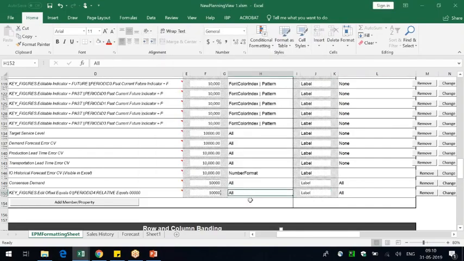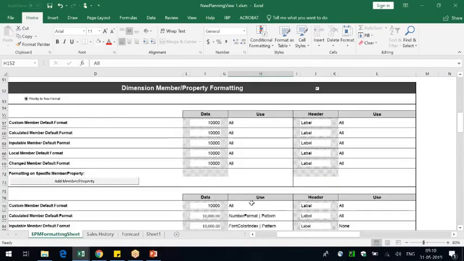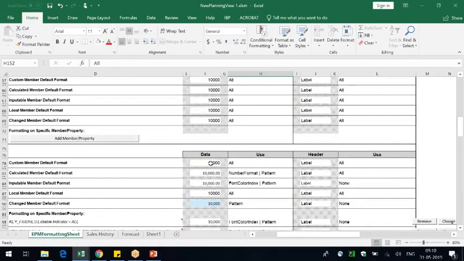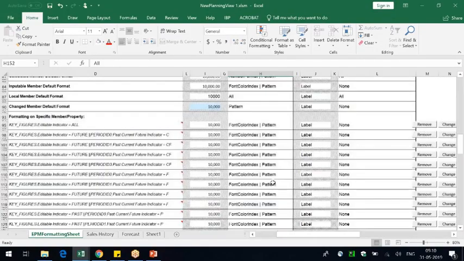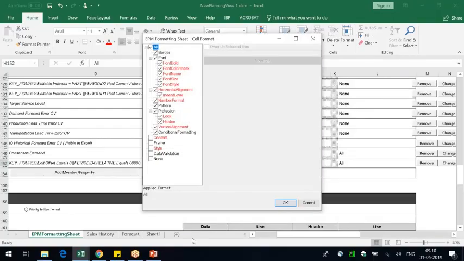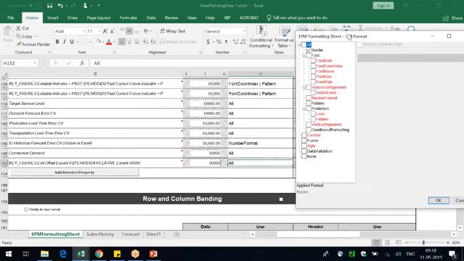So you see, this column H says, what is the use? You put a formatting here, and then you're saying what is the use of it. So now here I'm saying that this has been applied to all the formatting things. I don't want to apply it to all, so I'll unselect all. I'll say just use the formatting technique that I used.